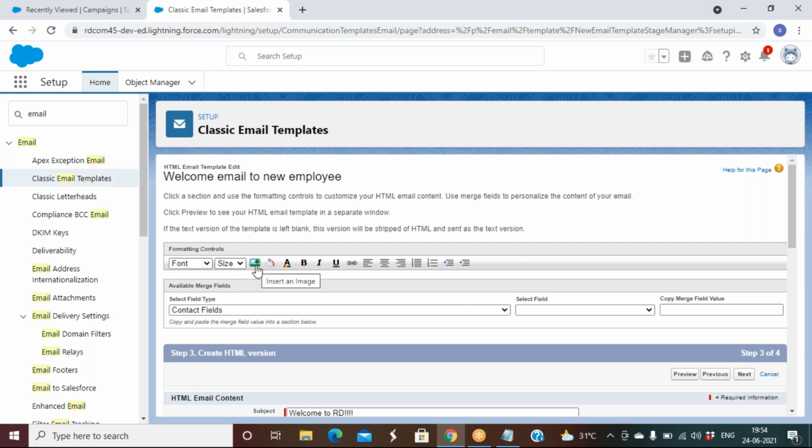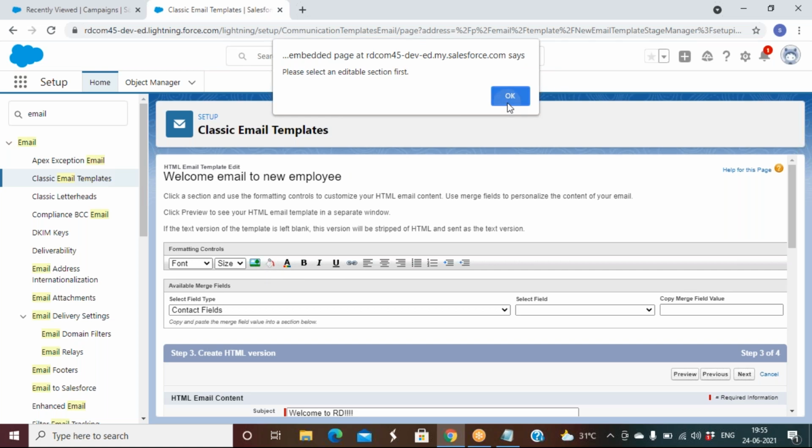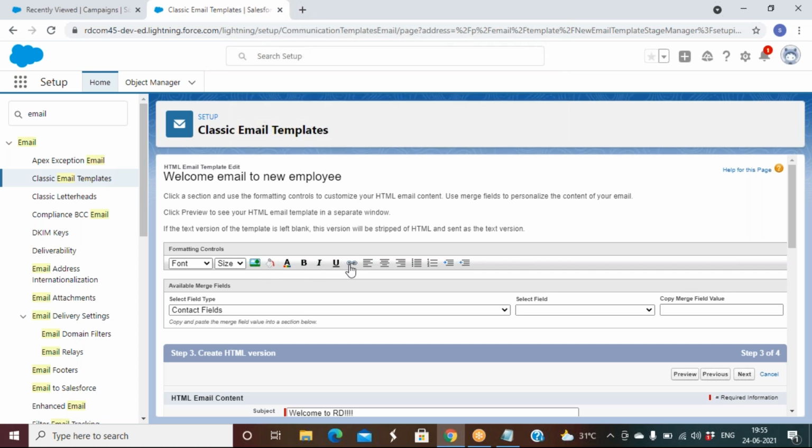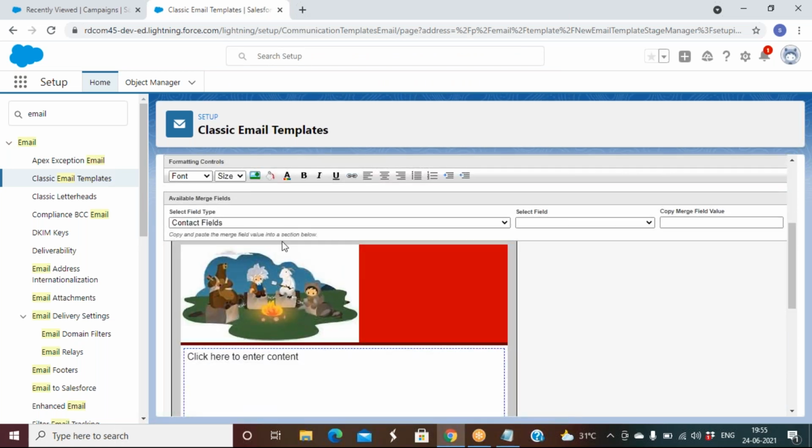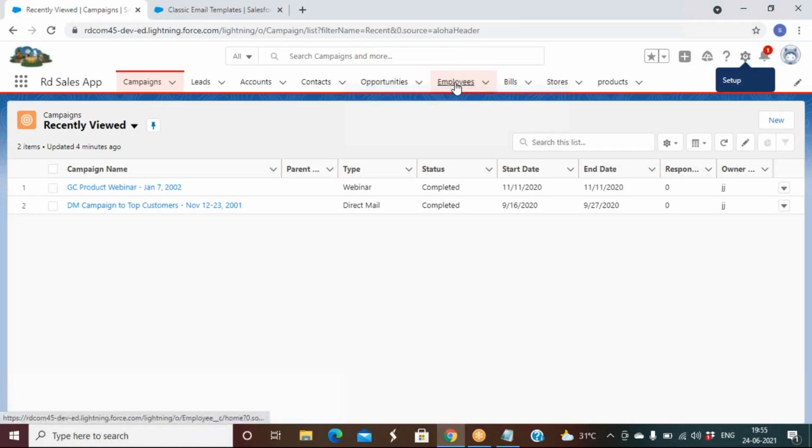And you can select images. You can choose text colors. And bold, italic, underline, link, alignments, bullet points. There is something important called a merge field. So what is the use of a merge field here? Let's say I write some content here saying hello, and I want to display the name. Which name do I want to display?